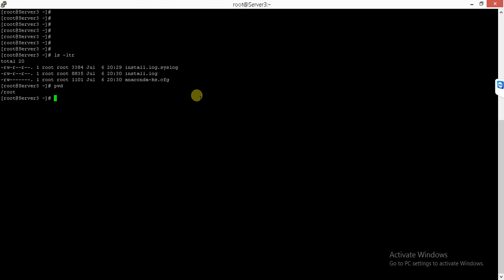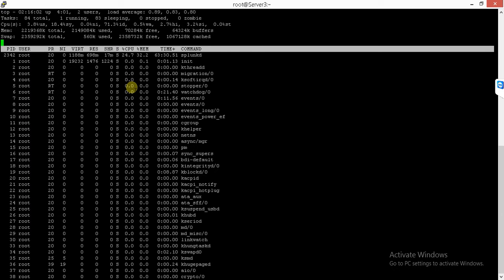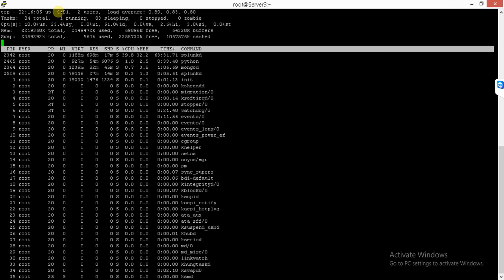The top is a utility in Linux where you can find out which process is consuming what. You just have to fire the top command, and its full form is table of processes. After firing the top command, you will get certain results.